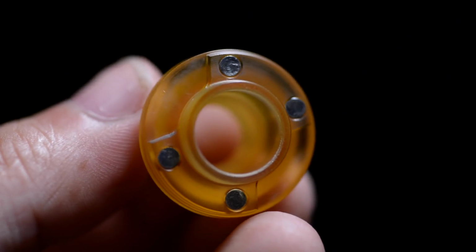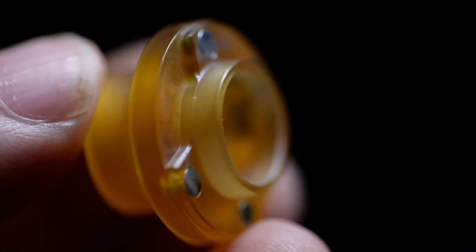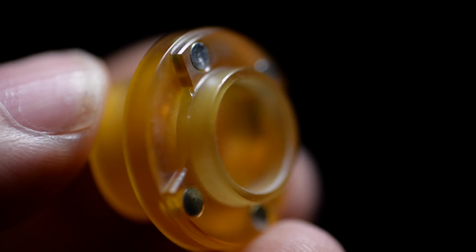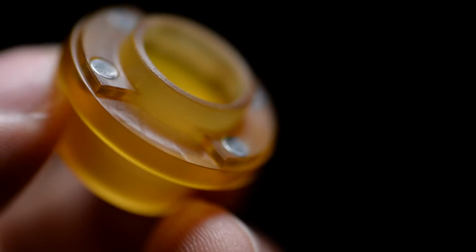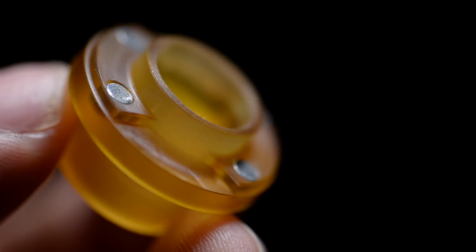If you don't want to drip through the drip tip, which you certainly can, it's ample enough, you can just pop the top off and dump juice in there. How easy is that? Additionally, it serves the dual purpose of allowing for top airflow. Yeah, there's a top airflow option here, built into the bottom side of the drip tip. On one side of the drip tip,